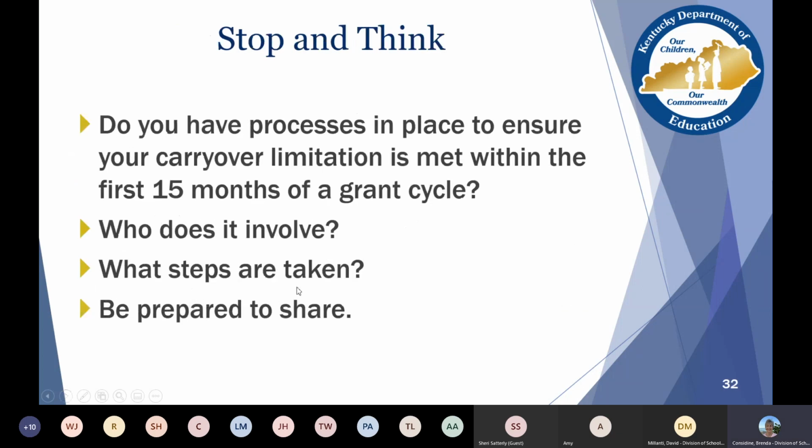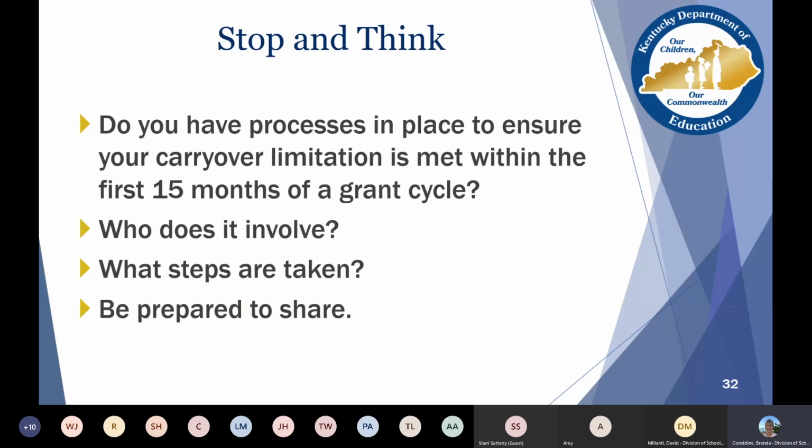We're going to go ahead and do a stop and think. What processes do you have in place that ensure that the carryover limitation is met within the first 15 months of the grant cycle? Do you have a process in place? Who does it involve? Is there more than just you, the coordinator?